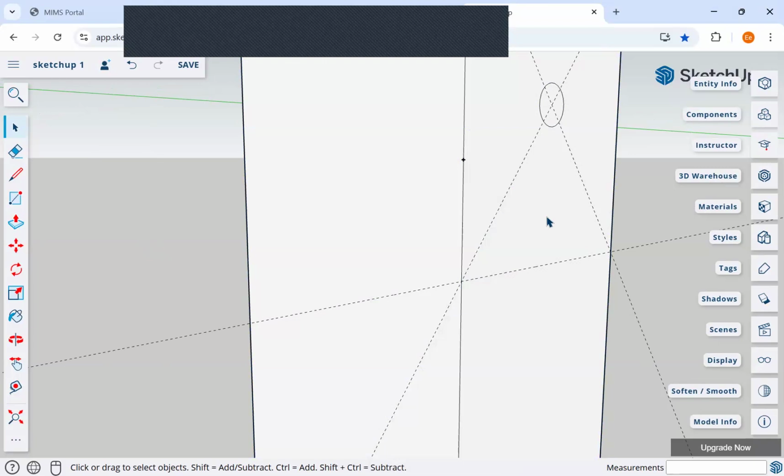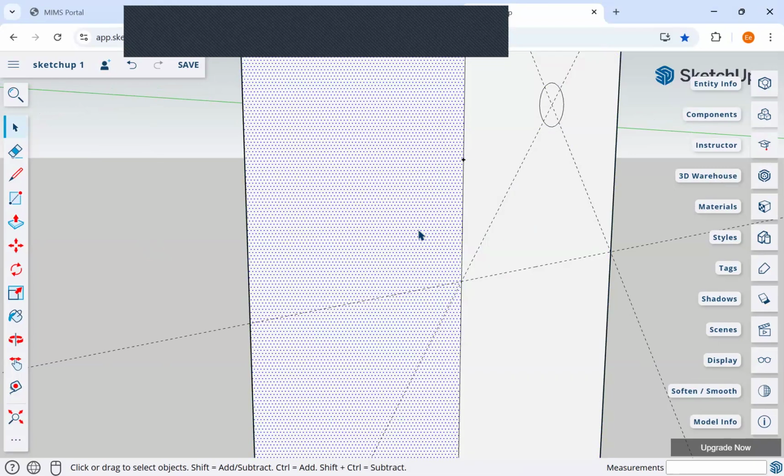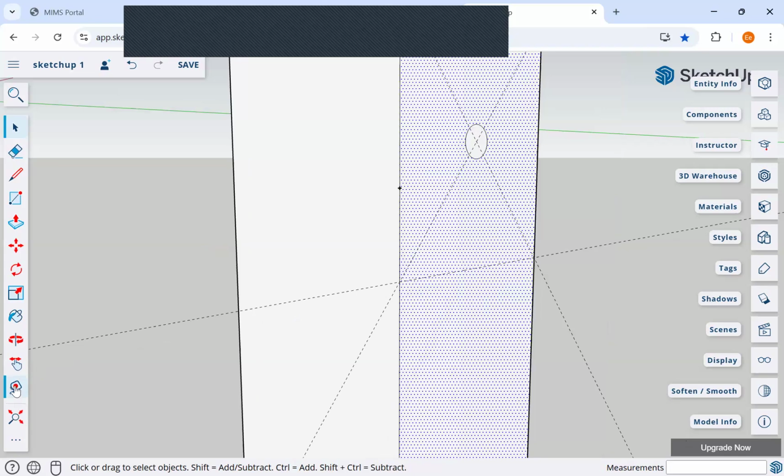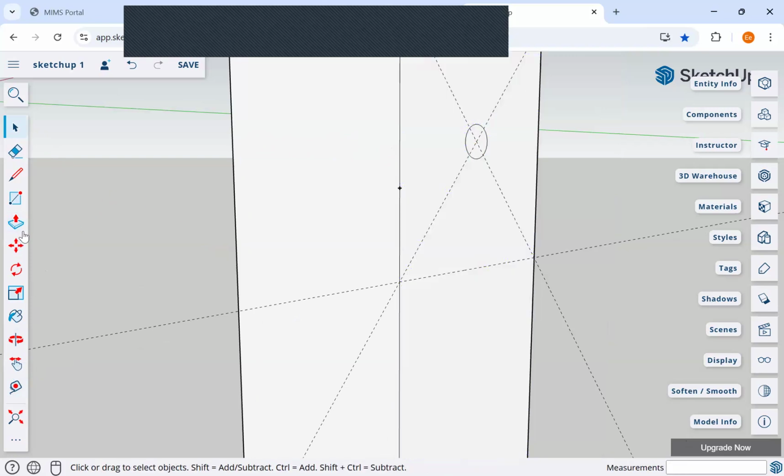Okay, so this is no longer a component. Notice if I click, only the surface is highlighted, not the whole component. So what I will do now is I go together, push pull, right? The thickness of this is 30. So if I make a component that is true,